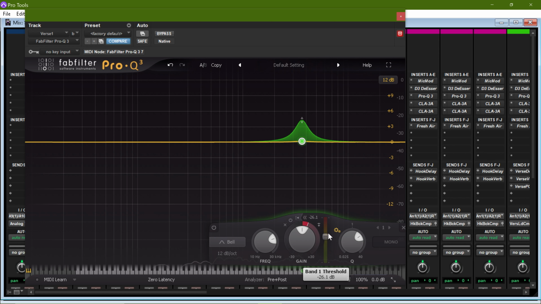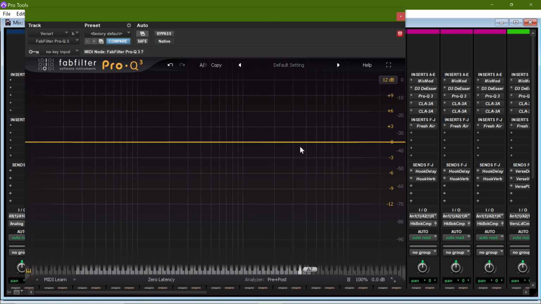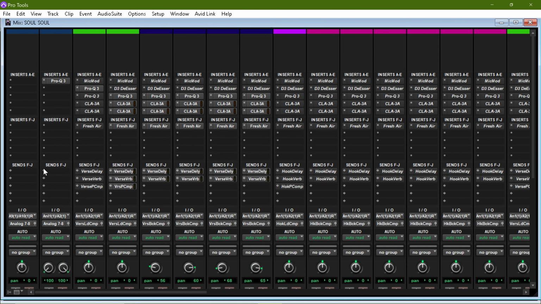So as you can see, once the threshold was exceeded using the expander, that's when it started to add gain to that frequency instead of reduce it. So that also is a function that you can use with the dynamic EQ. Now, to kind of go a different route here, and give me just one moment. Let's say